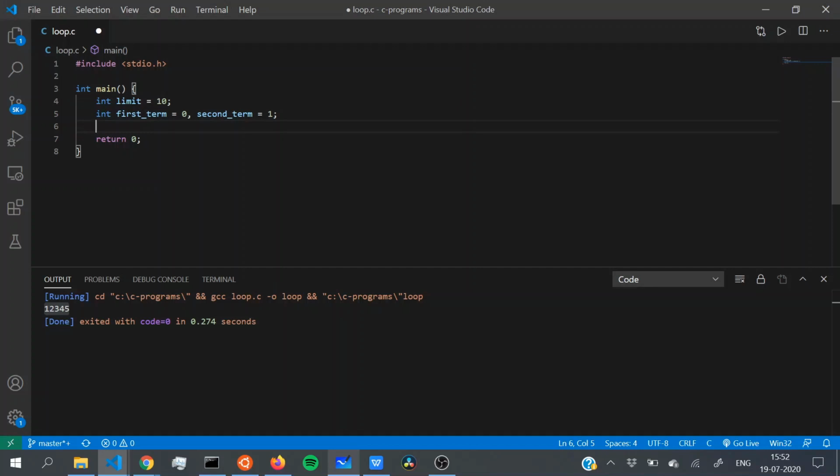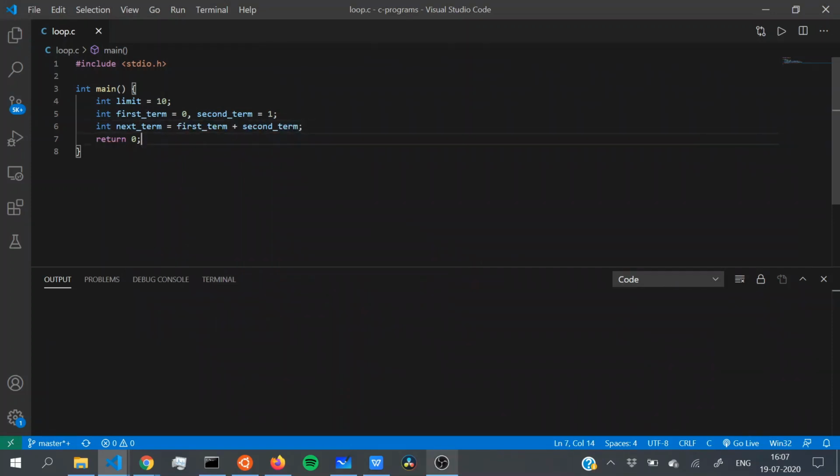How do we decide the next term? That will be the sum of the first and the second term. So another variable, next term, is equal to first term plus the second term. We are ready to begin our loop, which will be while some condition and then our loop body within the